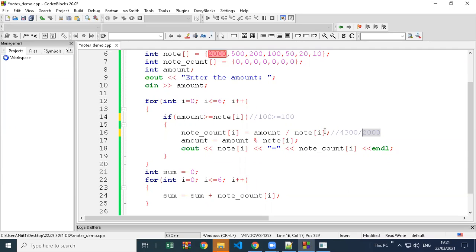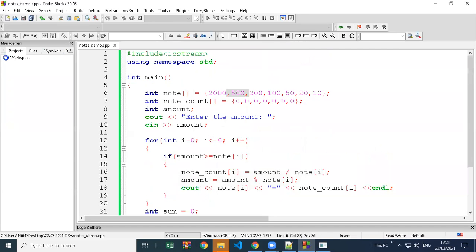So remaining amount also we have to check, total number of notes also we have to check. So it's the same code we added there. It's the same code only. Instead of writing the if block again and again, we added a loop and an array, and our number of lines are reduced.